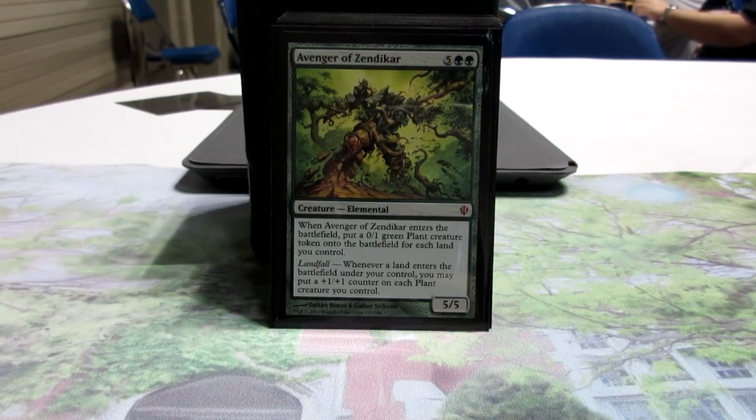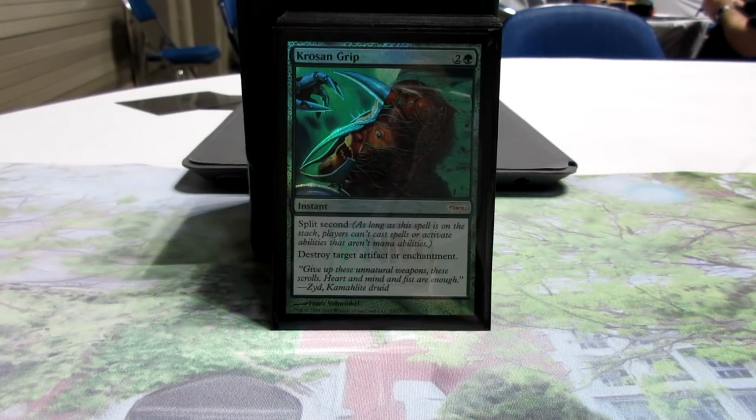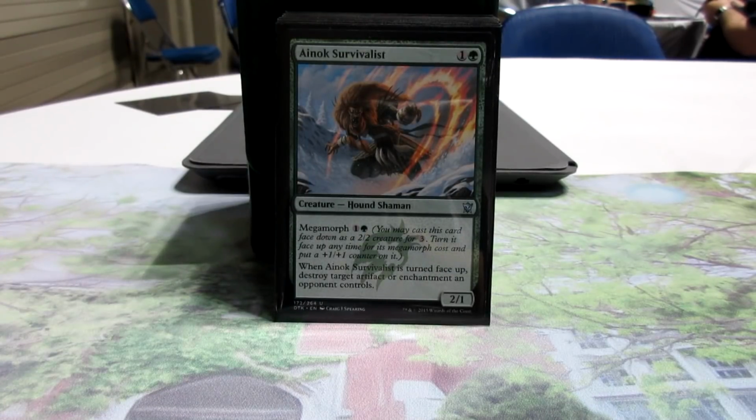If I'm going to have a token creature theme and be dropping a bunch of lands, Avenger of Zendikar is just a must for the deck. My removal package, it's very heavy on artifact and enchantment removal. My particular group runs a lot of artifacts and enchantments, so having your removal package focused on that is probably a better plan. For everyone else, that may not be the case, but for me, I've got Krosan Grip,